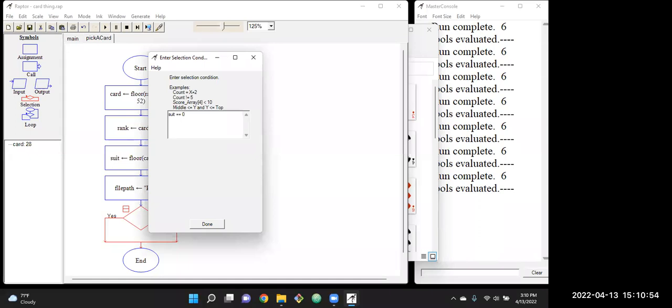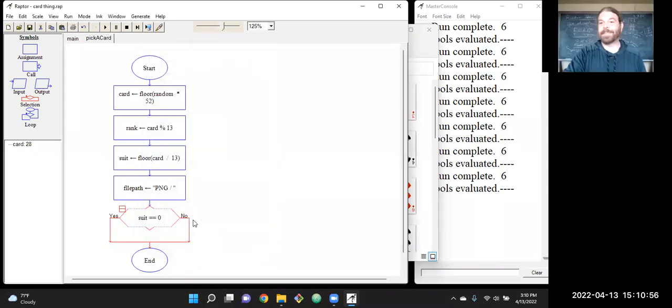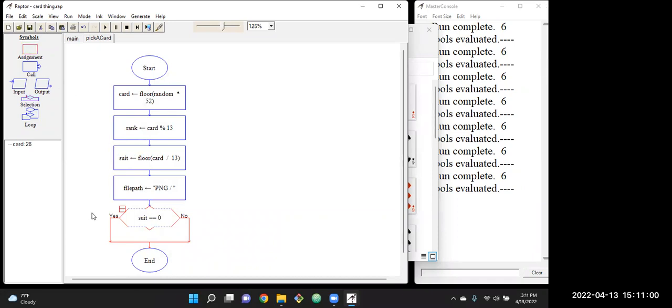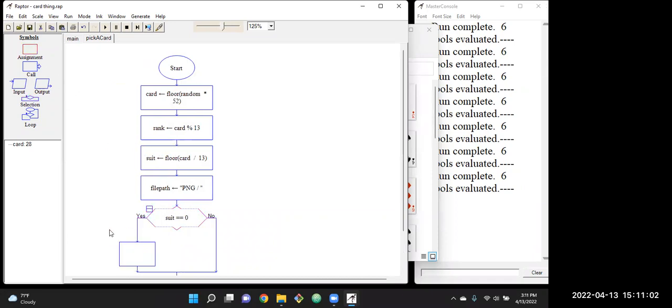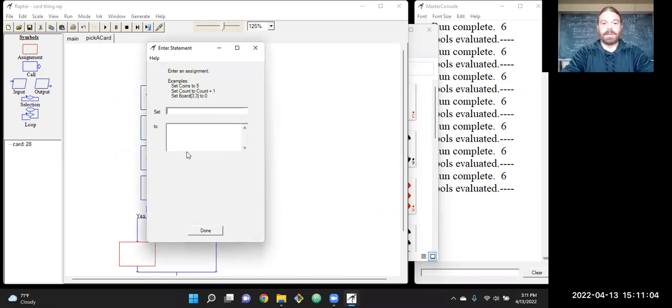Right now we're creating a card game, aren't we? So if our suit's equal to 0, then our file path gets some stuff added to it. Our file path is going to get whatever was already there, because that was the first part of the string, but then we're going to concatenate on a little bit more. Because if it's a 0, then we want